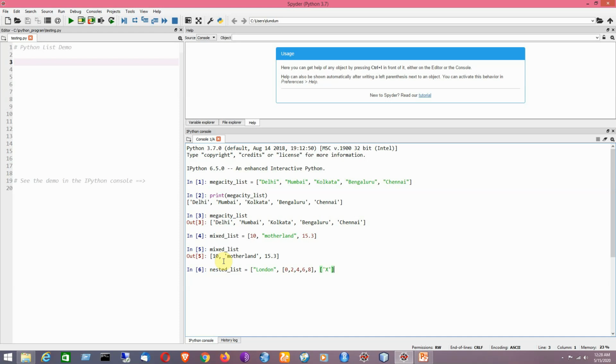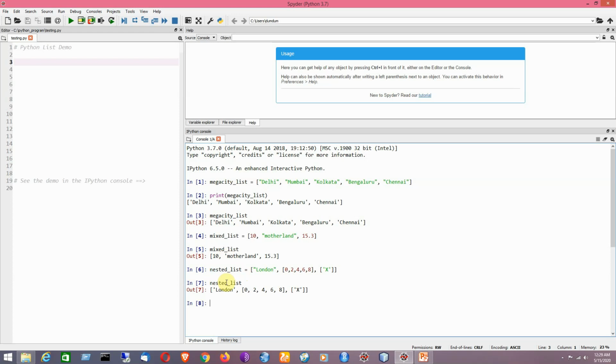So I would like to give you the example of a nested list. That means a list within a list. Clear? So in that way I can demonstrate here a nested list, because in Python single quotation, double quotation, and triple quotation will represent a particular string. So there is no difference. Using single quote, double quote, or triple quote, we can represent a string here. Okay, so now I'll be trying to print the statement. So it has been printed over here. That means it is an example of a nested list.